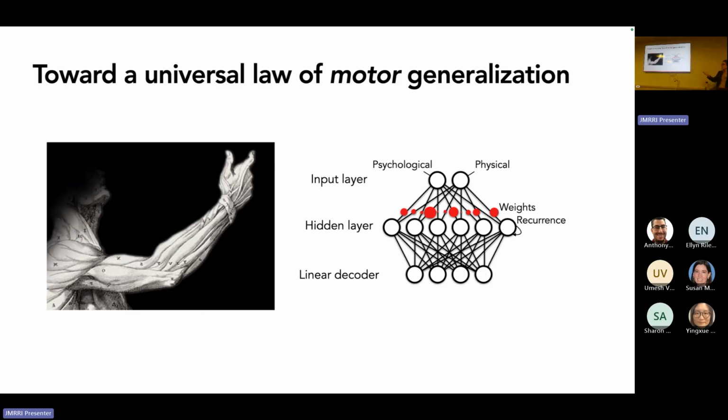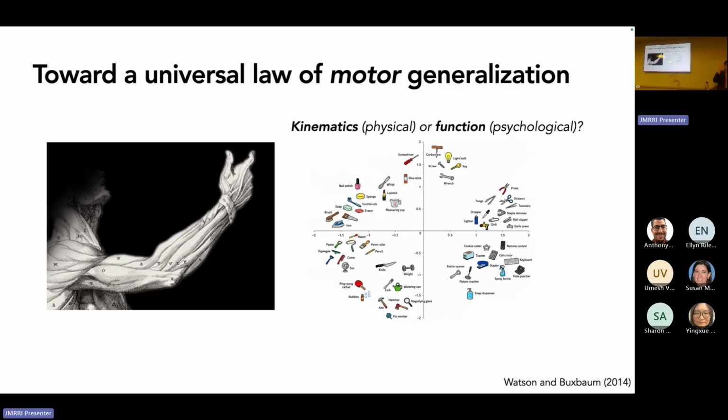But what we really want is to do this with any kind of motion, whether it's reaching, right, or walking, to generalize what you've learned, right? So your skills can build upon one another. And I think this goes down to, at least in the first two order dimensions, there are things that are most salient for motor control, right: the kinematics of how you're moving, and then what you're trying to do with the goal.